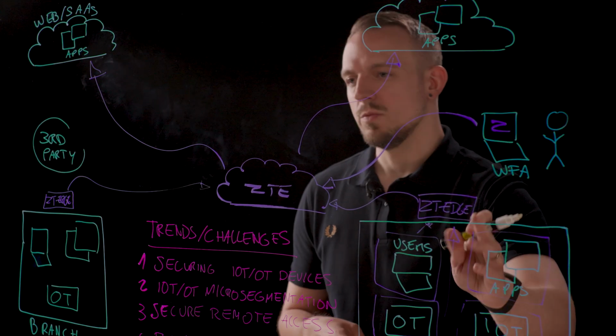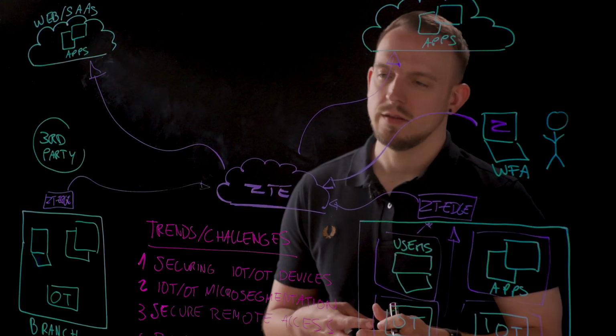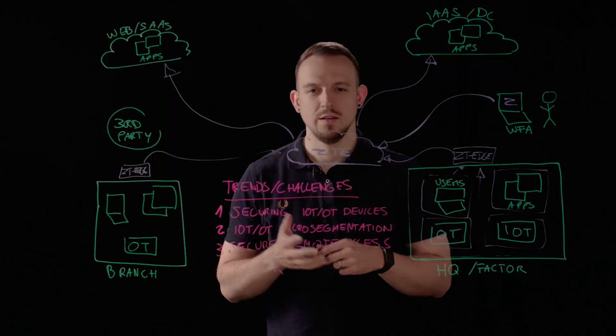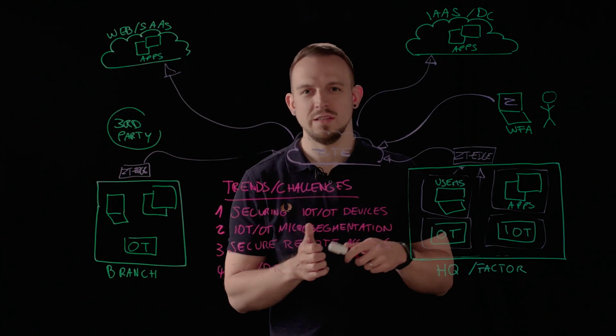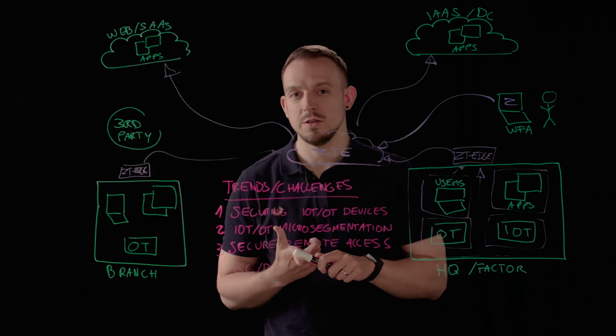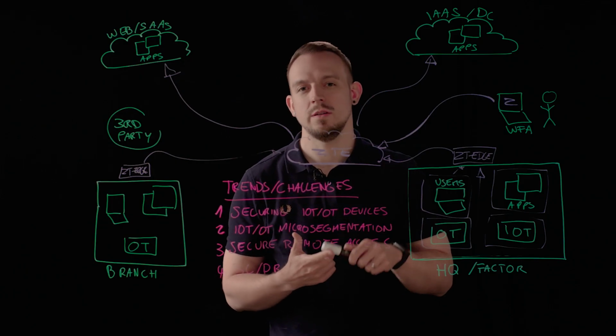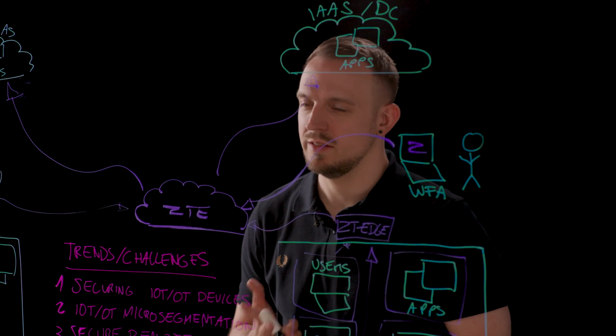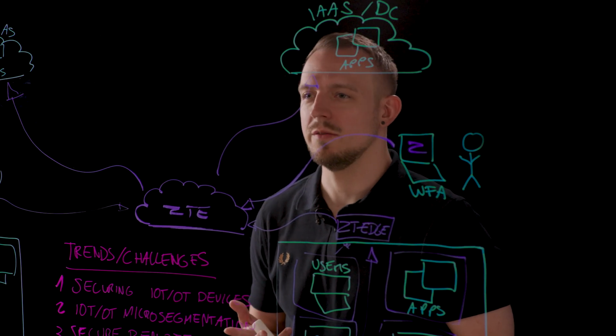And the Zero Trust Edge will then recognize and categorize that device and apply a dynamic policy. So to summarize, it's a really simple and effective way to establish micro-segmentation in your network without installing an agent on devices and to discover what kind of devices are within your IoT or OT environments.